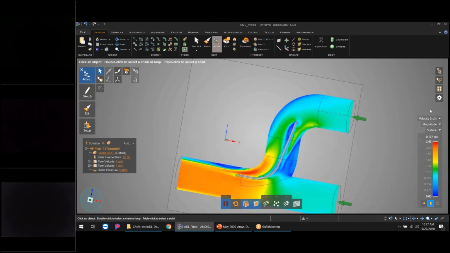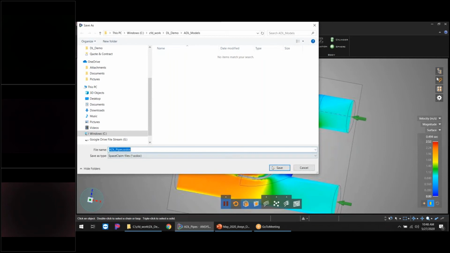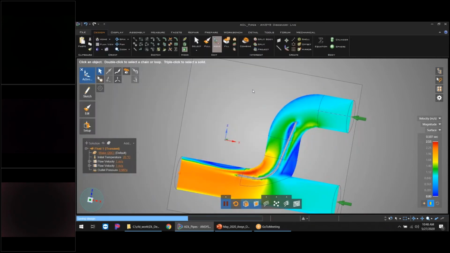Again, it's all because it's happening on the GPU. The GPU just takes that geometry, converts it into a bunch of flow equations, and just starts giving us results and keeps solving. So that's how fast it can really work using all the CAD embedded tools. Very cool stuff. That's an example of internal flow. And then the other typical example that we do, I'm going to save this. Let's hit save.